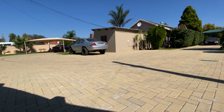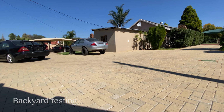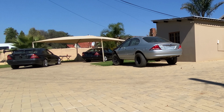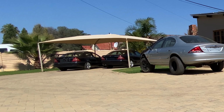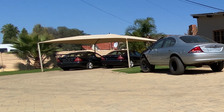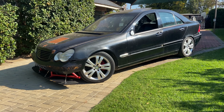But I have to say, I have been testing the car just in and around my backyard, and so far so good. Nothing catastrophic went wrong yet. Only thing left to do is to see how it does on the open road. The plan is I'm gonna take the 2-kilometer drive over to my mechanic for if and when something goes wrong,